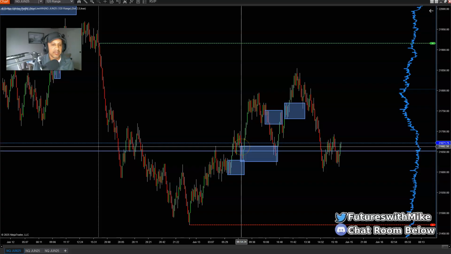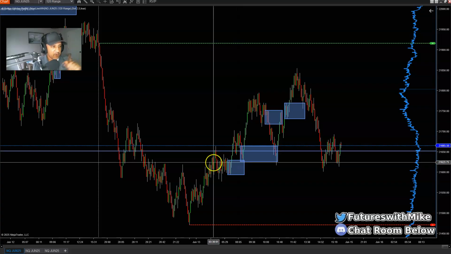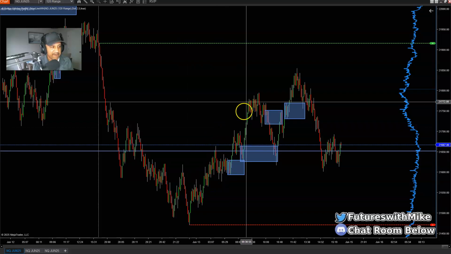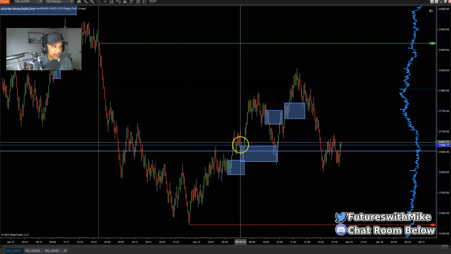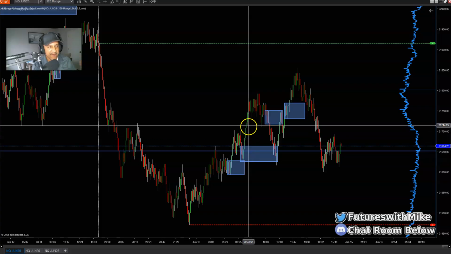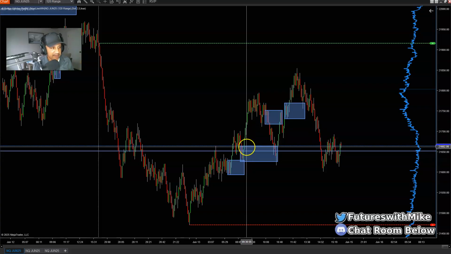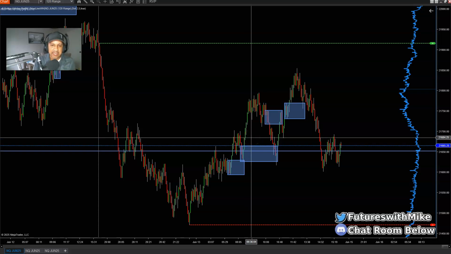What I want to see is a high probability demand zone, okay? So that's part of what I'm looking for. First, direction. Secondly, do I have a break of structure? Number two, I have a break of structure on this area here. Do I have aggressive buying? Yes. Do I have an imbalance or gap resting back at the zone? Yes. All these are things that I mark up or mark down on my trading plan that I like to see that give me a high probability setup.